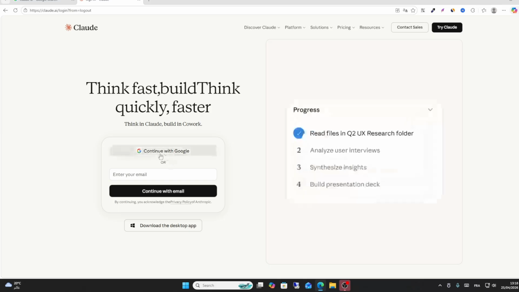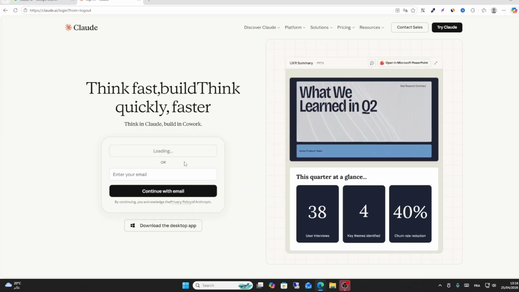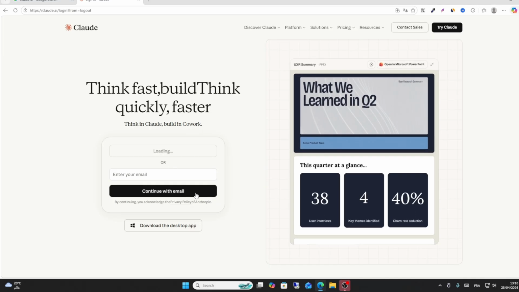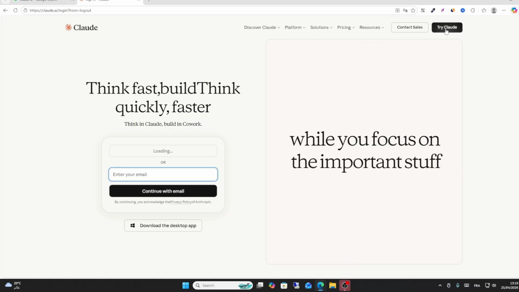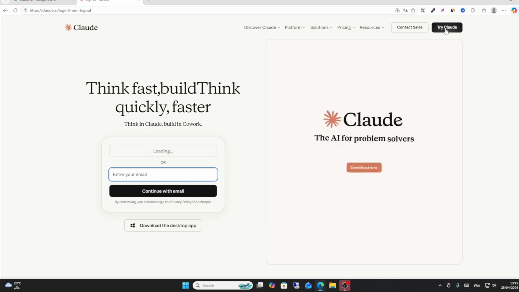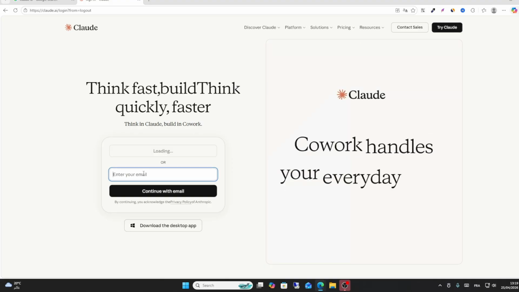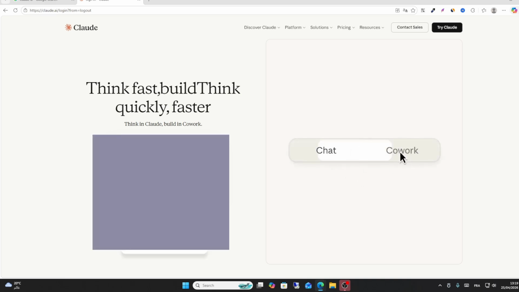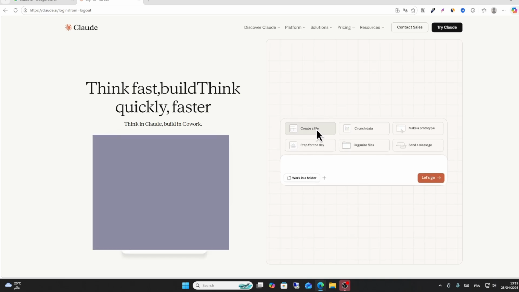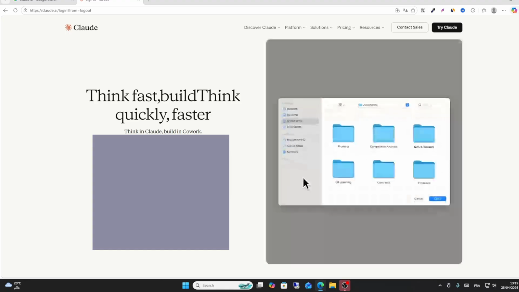You can use your email from here, and then you can log in with your email, or you can write your email and then click continue. Click try Claude on the top right corner. This is the option. After that, choose your email. When you write your email here, for example, this email, click continue with this email, and then you